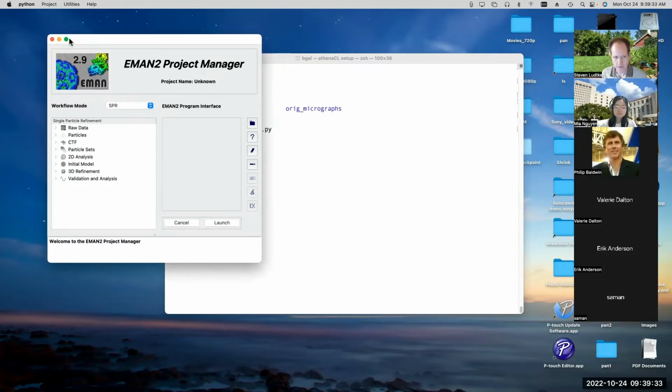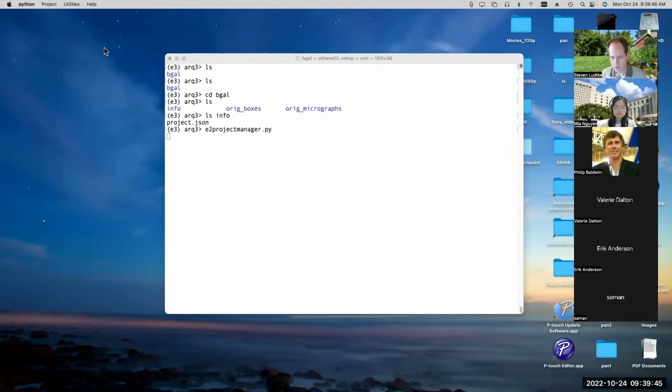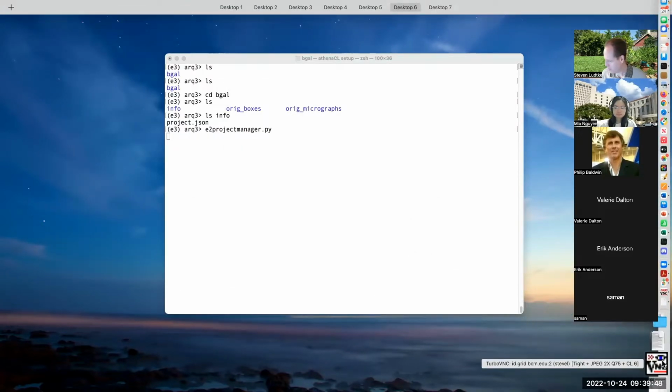So if we open this and we then go to project, now on Macs, this is an interesting little glitch on Macs. This has nothing to do with EMAN. It's related to the Qt GUI system that we use. When you open,